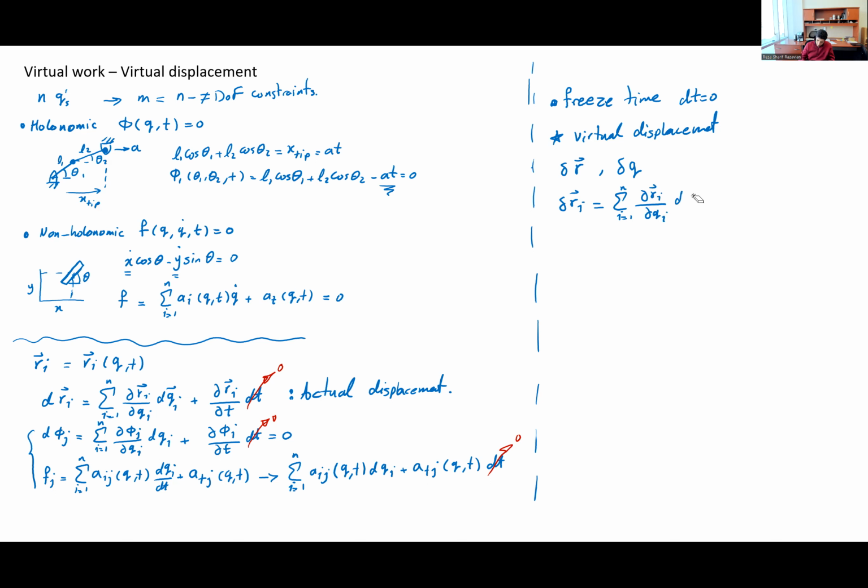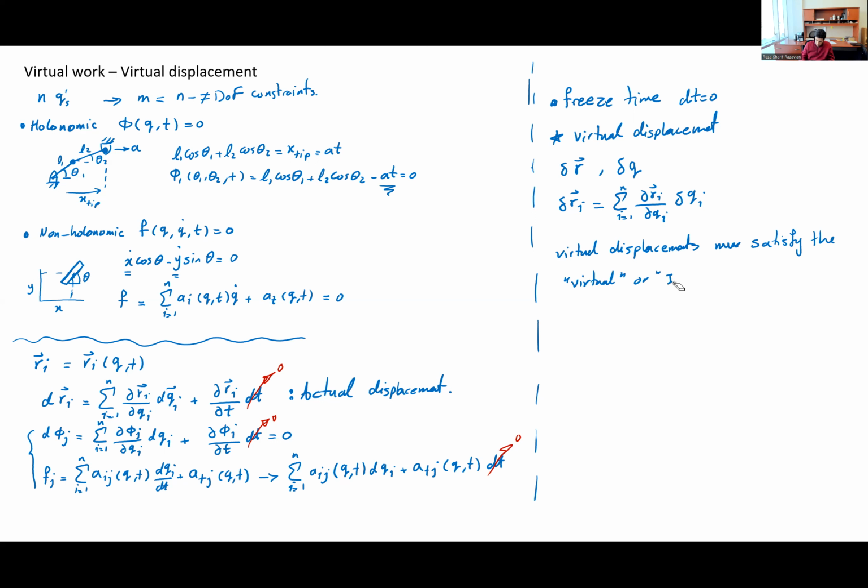And these virtual displacements must satisfy the